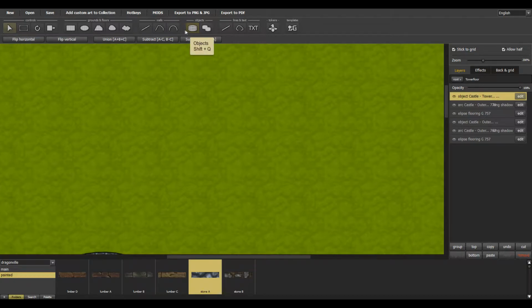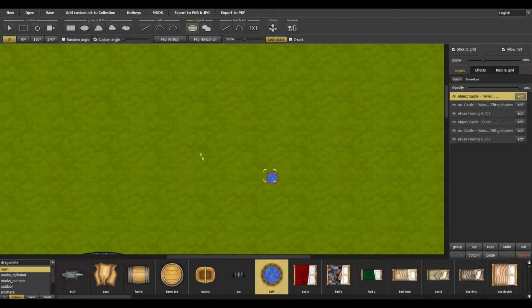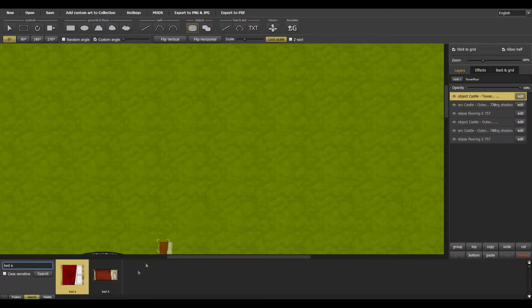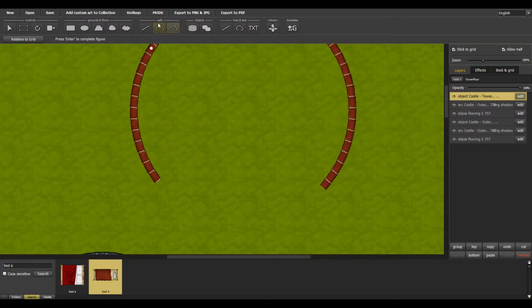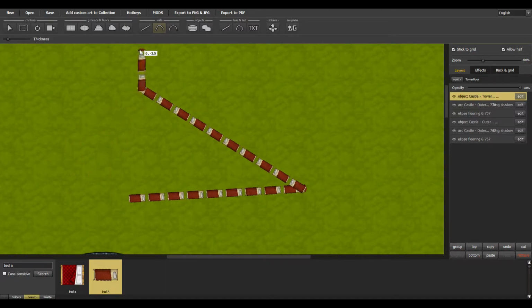The way you get to treat an object like a wall is specifically by clicking on objects. So you get your object that you want to wrap. It can be any object. Then you have to click on objects so that it generates objects for you, and it puts you into the object mode, and then you go to search, and you have to search the object that you want. So if I search bed A, right, and I have bed A, then if I go from this menu specifically through these two subcategories, object and then search, and then I go to walls, it will let me arc it, it will let me polygon it, it will let me just plain